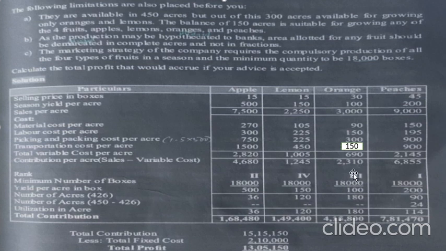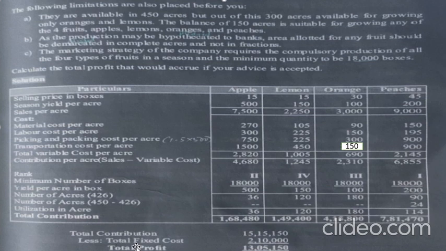So 180 into 2,310 will give you 4,15,800. Then for peaches, the acres required is 114 into contribution per acre 6,855. So 6,855 into 114 will give you 7,81,470. So this is our contribution for each fruit. So we will add up our contribution for apple, lemon, orange and peach. We will be getting the total contribution of